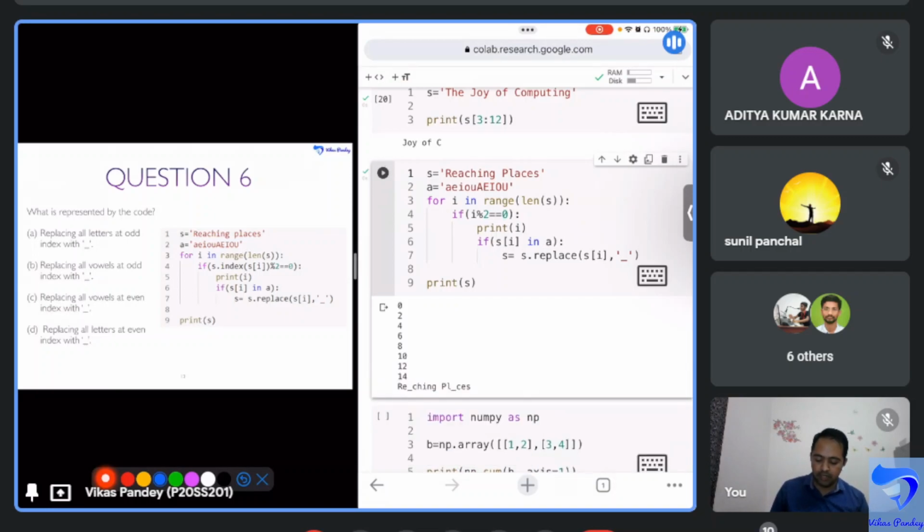Yes, it is giving the same output, right? Yes, sir. Yeah. So that was just to make you understand the use of index. Index is to find the first occurrence. See, in this case, like you see, this A, if it is not replaced,